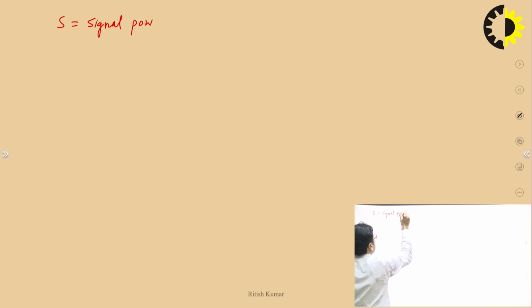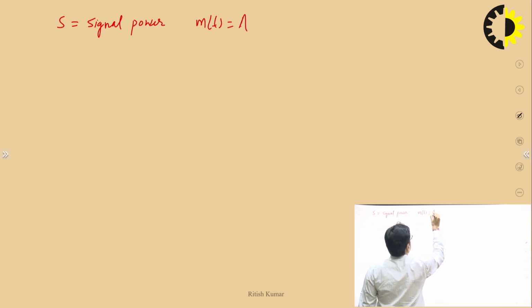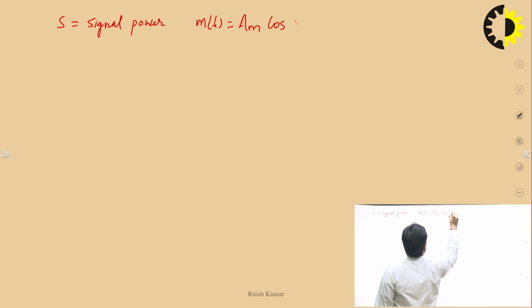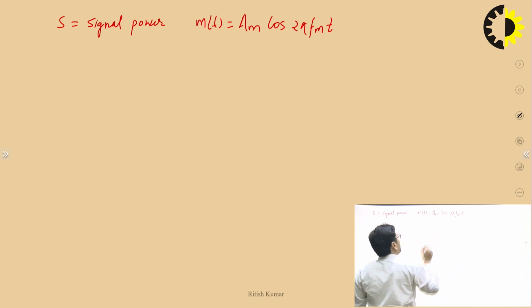Here I am representing signal power with S. Here I am assuming the signal is a single tone signal, that is m(t) is equal to Am cos 2 pi fm t. So from this you will get the signal power S is equal to